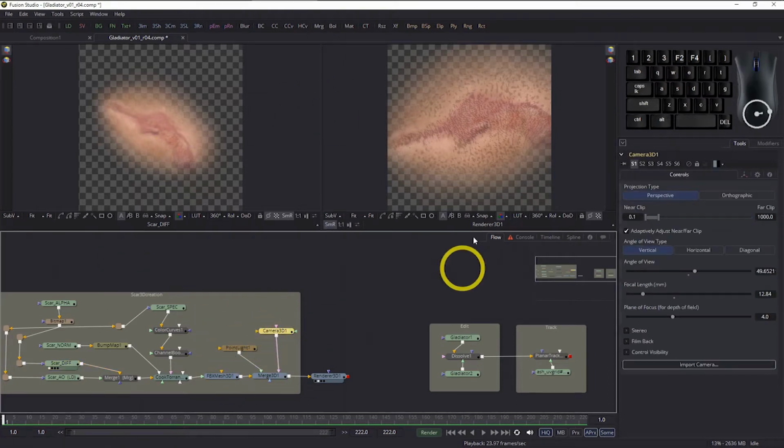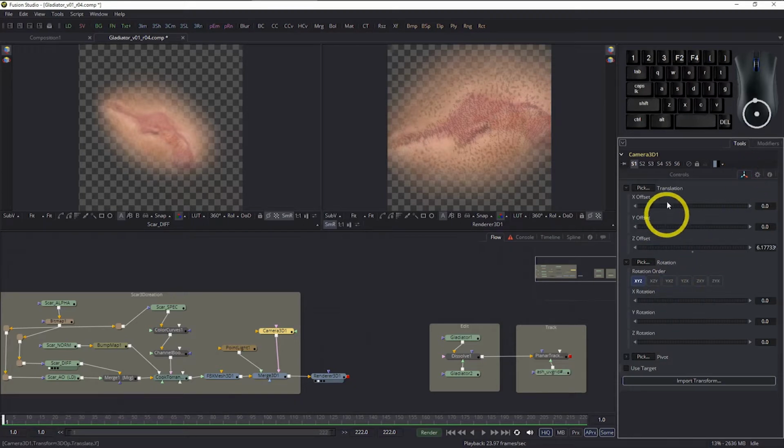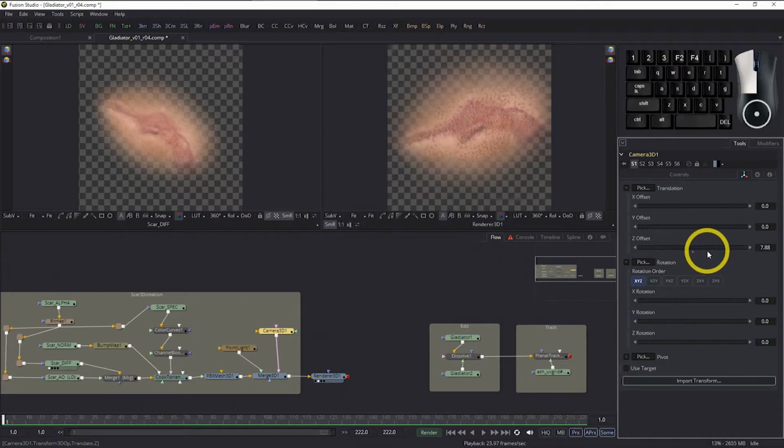So I'm going to set the camera now. Obviously I can manipulate the camera in the 3D view, but I need to be able to see it to do that, and I want to see these two images. But I can of course go to the control panel over here, and I can equally manipulate the camera over here, and here is the Z axis, so I can just simply move the camera back this way, and there we are. We're now getting our scar moving